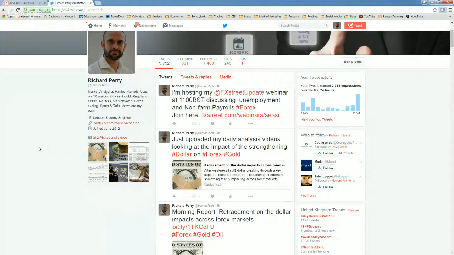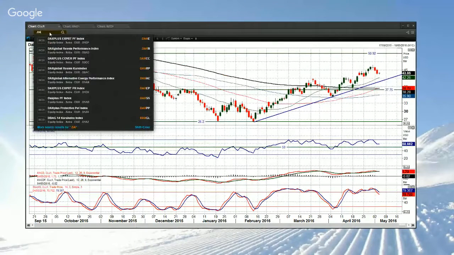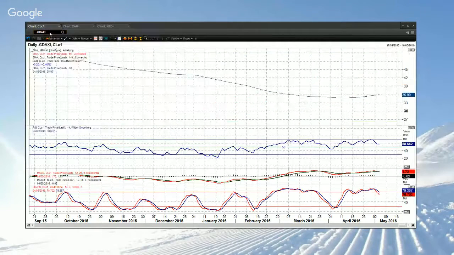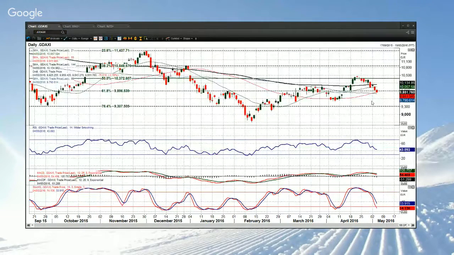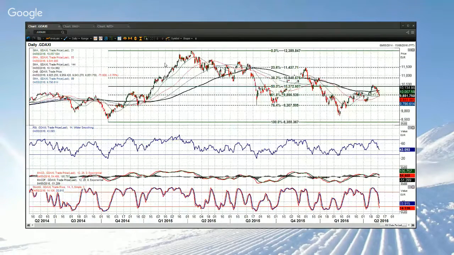Now, I haven't actually been told yet that I will go off, so let's have another chart. Let's have a look at the equity markets, DAX. Yeah, that is a concern, actually. We've dropped back below 61.8. Now, 61.8% fib of this retracement, this massive bull run that we saw, the QE-driven bull run, I might add.